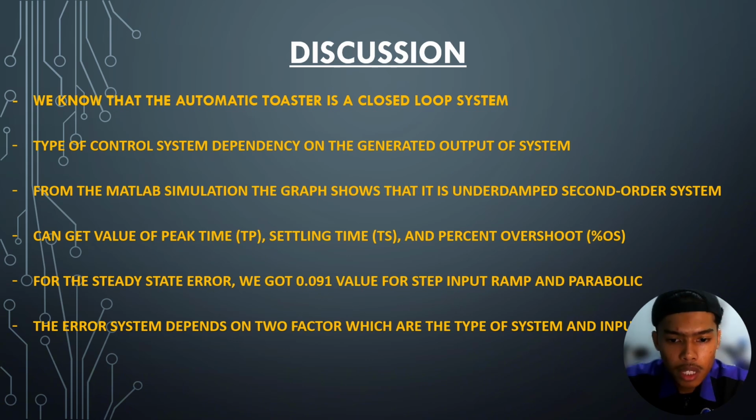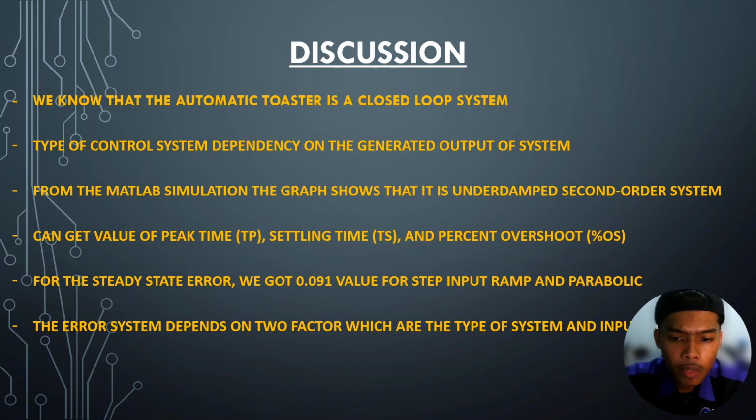For the automatic toaster, the output is the color of the bread. If the color does not match the desired color, the toaster will toast the bread until it gets the desired output. From the MATLAB simulation, the graph shows that it is an underdamped second order system. We can get the values of peak time, settling time, and percentage overshoot, percentage OS, to be compared with